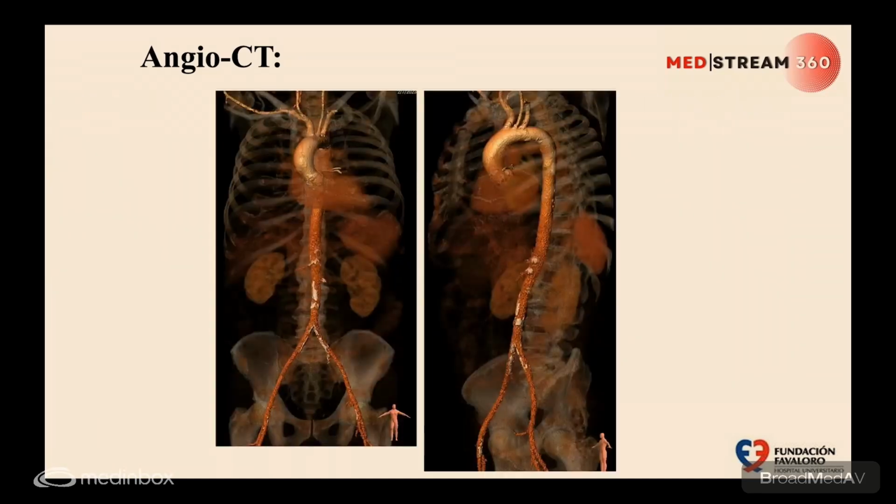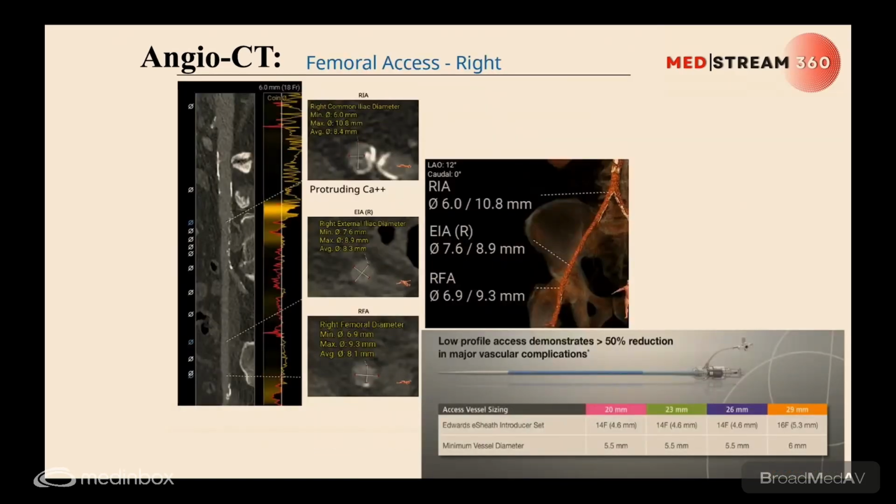Next. So this is the aorta, with quite straight femoral arteries with some calcification on the common femoral and iliac arteries and in the abdominal aorta. Next. So this is the femoral access. We have chosen to go by the right. This is a huge artery. The common femoral artery is 7 by 9. We are going to use this expandable sheath from Edwards. For the valve 29, we had to use this